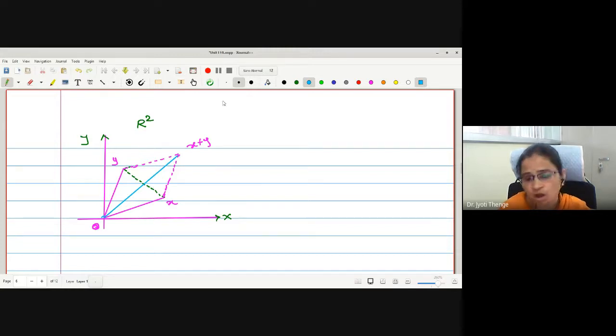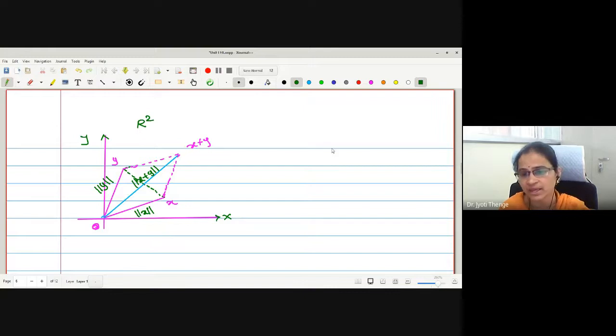Therefore, what is norm x plus y? Here it is norm x. Again, for the sake of convenience, I am showing by the shortest line, shortest distance. This is norm of x plus y. Is it okay? Now check out what is the distance between these two. If you plot it actually on a 2D plane, you will understand that norm of x plus y is less than or equal to norm x plus norm y.